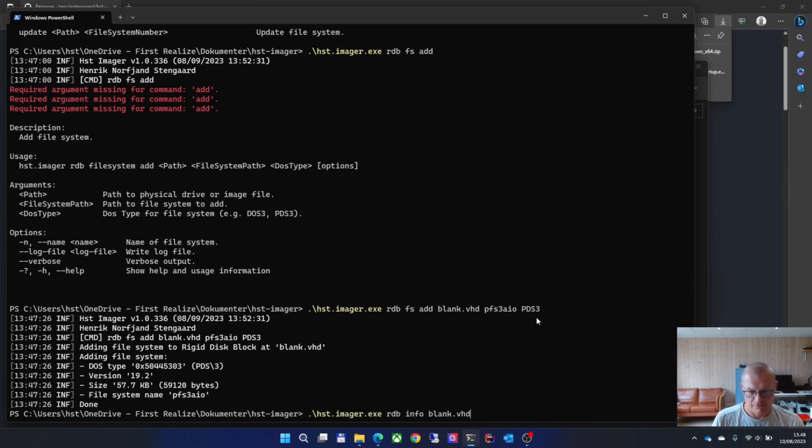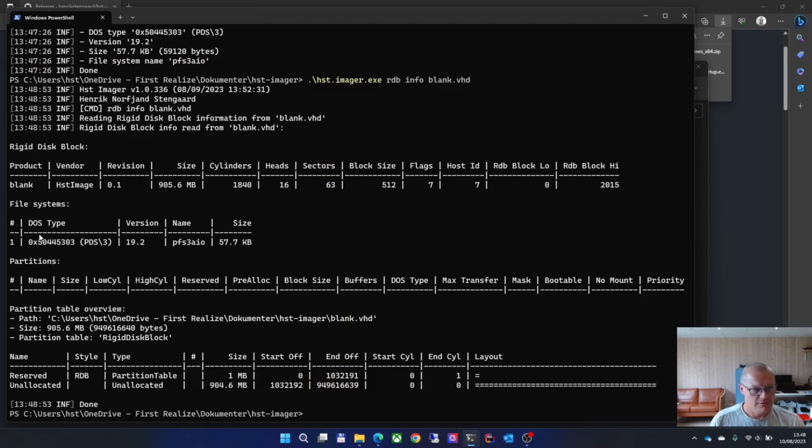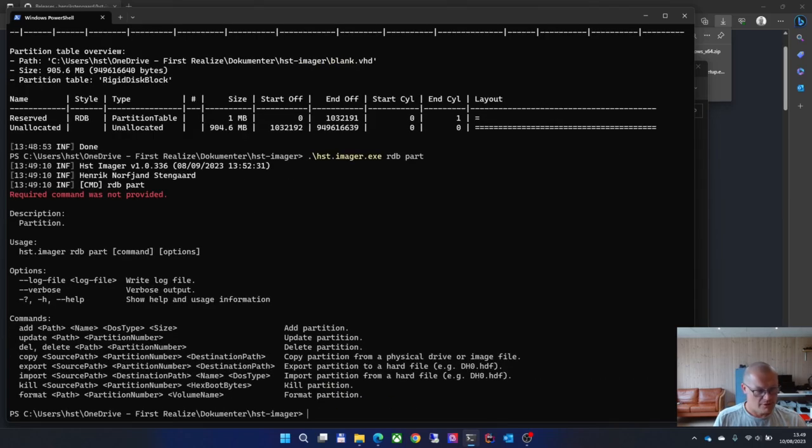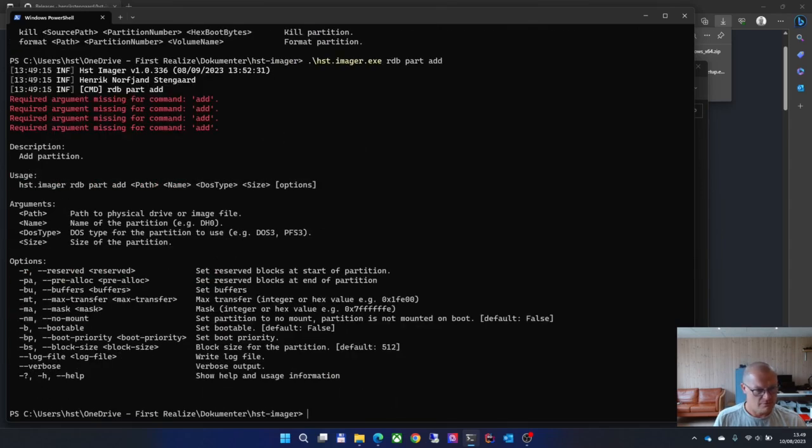So RDB info blank. You can see it now lists the file system, and it's roughly 57 kilobytes. So now we want a partition added as well. So let's just write RDB part, and with RDB part I can do add. Let's just show the usage for that. So we want to add something to our blank RDB, a blank VHD, and we want to give this partition a name. Want to use classic DH1,